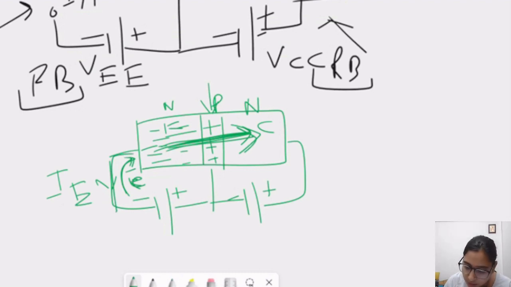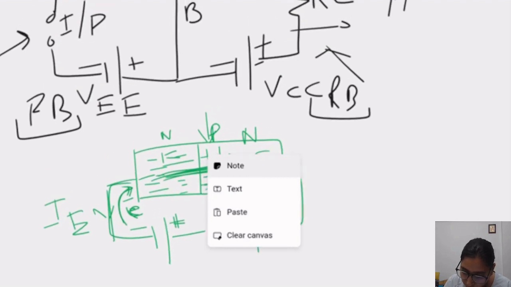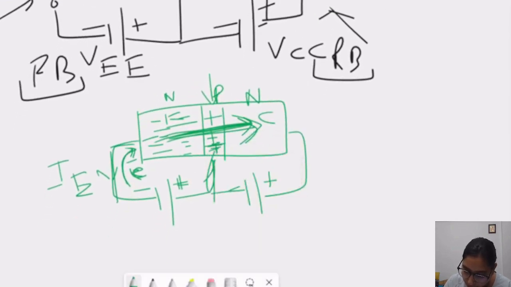Now here we know that this is the positive terminal, but here positive and negative charges recombine. So what happened here, negative charges will also be moving because of this forward battery. A few of the negative charges will be attracted toward this and will flow towards this battery. Why so? Because this positive terminal is attracting a few electrons. So now we know that electron flow is in this direction, so current will flow in the opposite direction, so current will flow upwards. So this is the direction of IB, upward. Okay, so this is the base current.